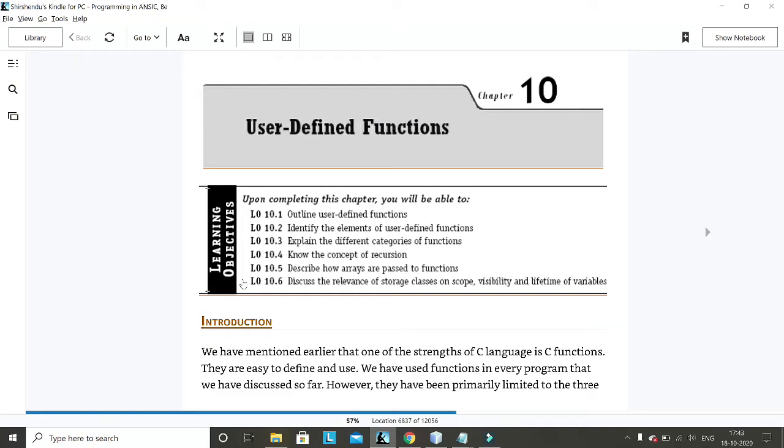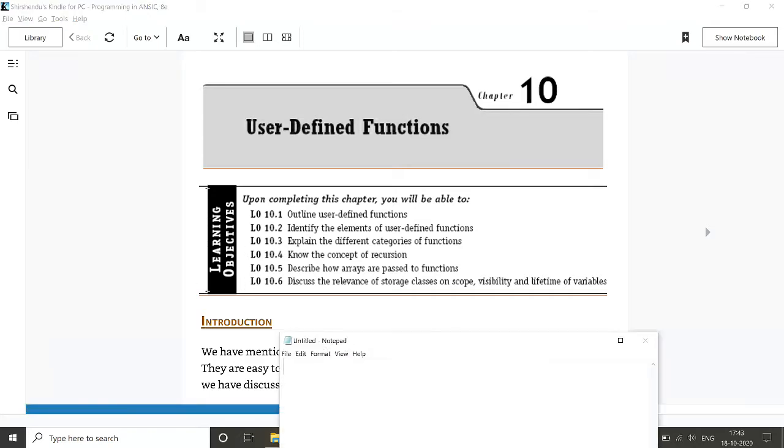Without functions, it is hardly possible to write any program in any language, not just C, whether you go for C, Java, or C++, anything. Functions are one of the most important basic units of any programming. So, what is a function? To explain function, let me explain some requirements.